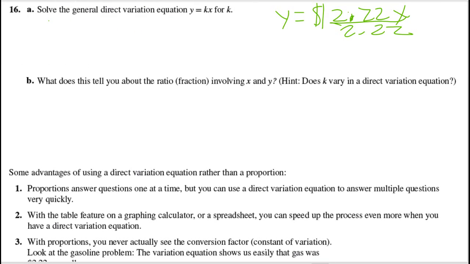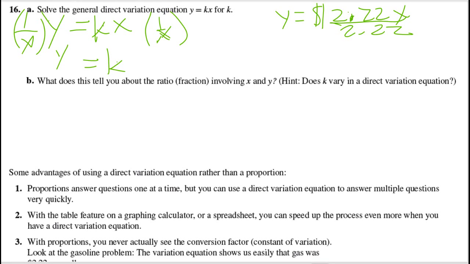Which means I have to multiply both sides by 1 over x. Multiply by 1 over x. So k equals y over x. And since we know that k doesn't vary, we know that y over x does not vary. This is just an abstract way